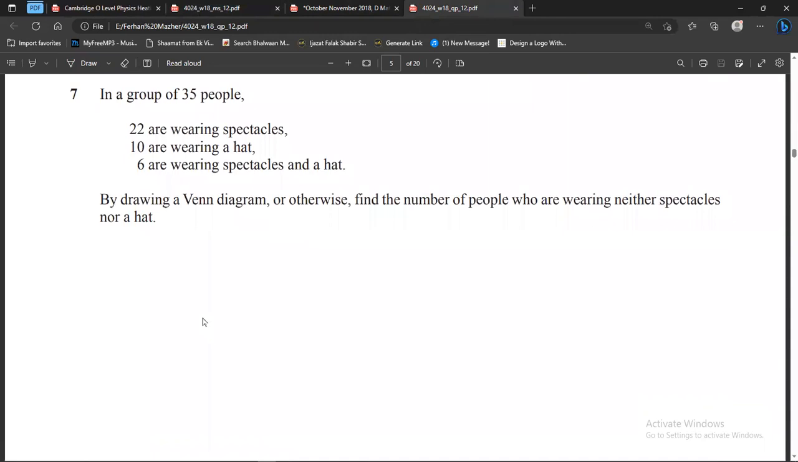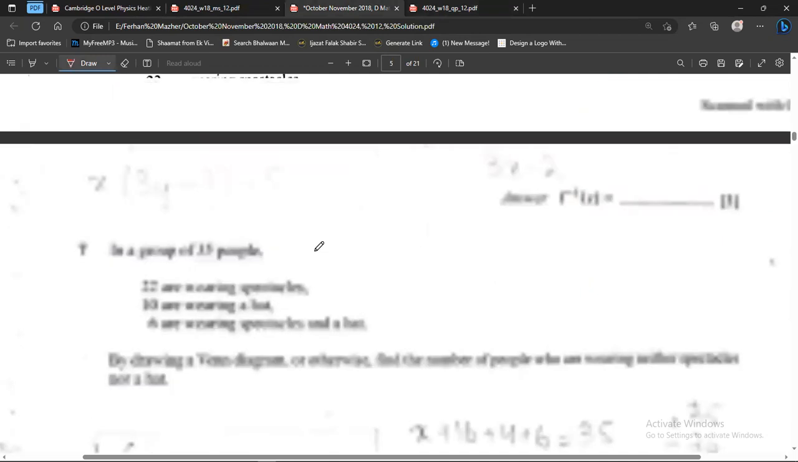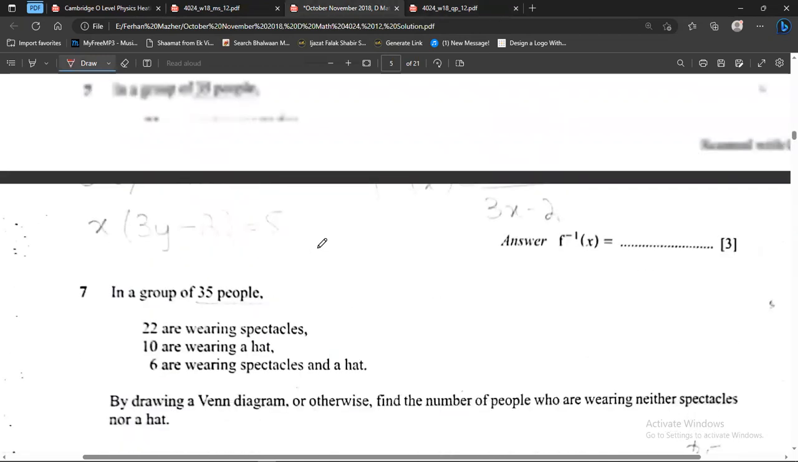Question number 7, and it's a 2 marks question. He says, in a group of 35 people, 22 are wearing spectacles, 10 are wearing a hat, 6 are wearing spectacles and a hat. By drawing a Venn diagram or otherwise find the number of people who are wearing neither spectacles nor a hat. Okay, so I will draw here